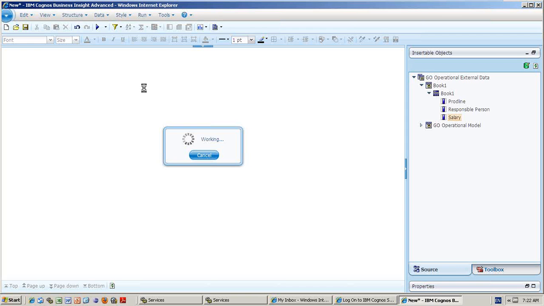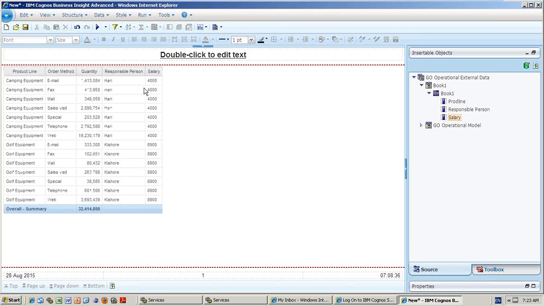That means you are able to link your Framework Manager package with the Excel, with the matching records joined, and then you are able to pull the remaining records into the reports suddenly. See, Hari's salary is 4,000 and Kishore's salary is 8,900. For entire golfing equipment, Kishore is the responsible. For camping equipment, Hari is the responsible.